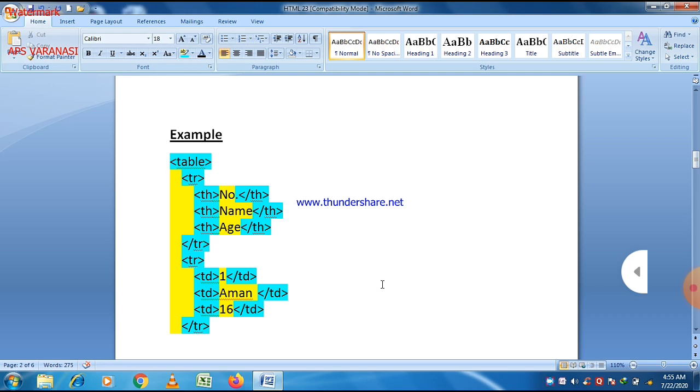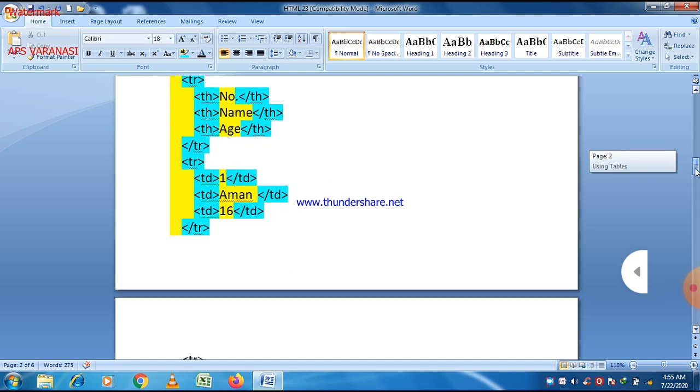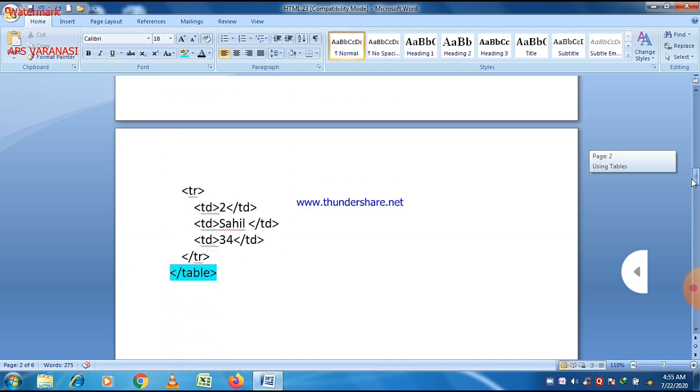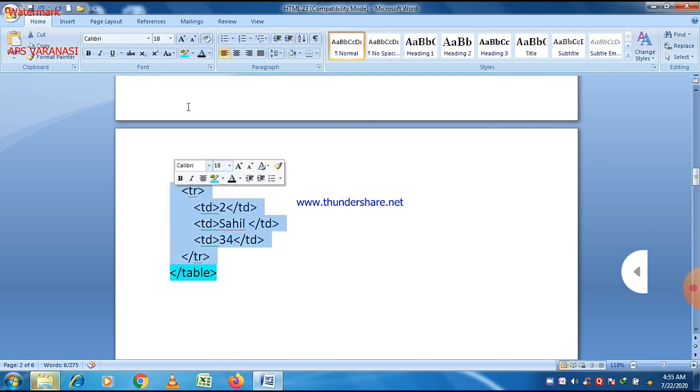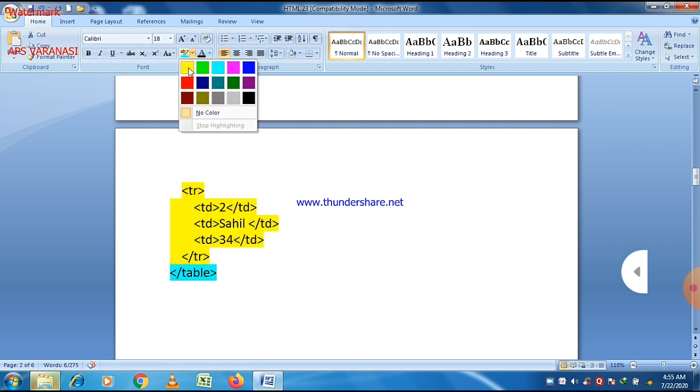Let us see. Now I think the concept is quite clear to all of you. First of all, use the table tag, after that the tr tag, and within the tr tag you must use the th or td tag. There is another tr tag here, so another row, and in this row there is data again. To put data we use the td tag, and the data is 2, Sahil and 34.